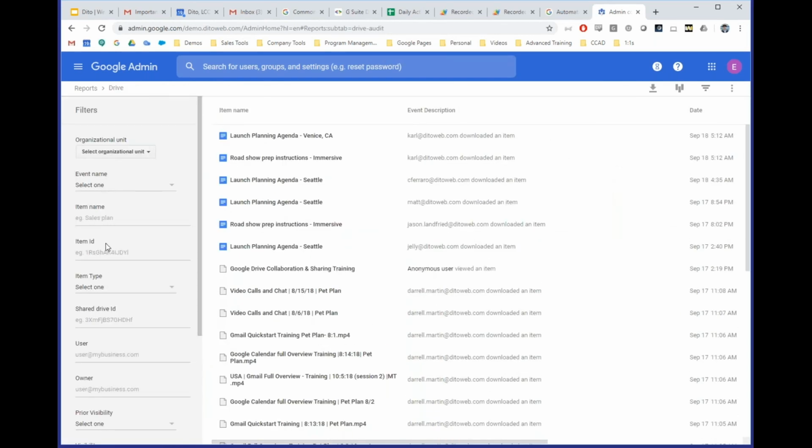Now, for those who are not familiar, the Google Drive audit log shows a line-by-line running transcript of all of the individual actions that your users are taking in Google Drive. And especially if you have a lot of users, it's going to show an absurd amount of information in here. So we need to use filters on the left-hand side to get to the right information that we want to